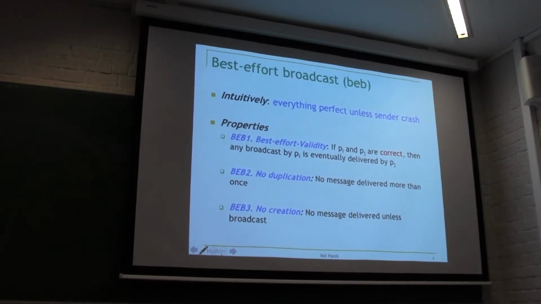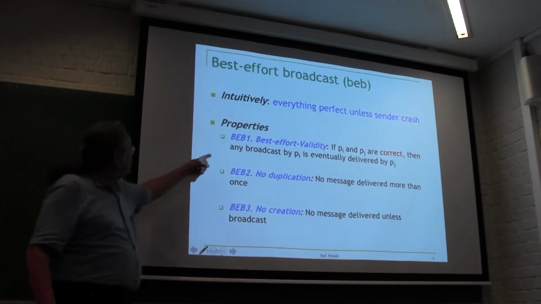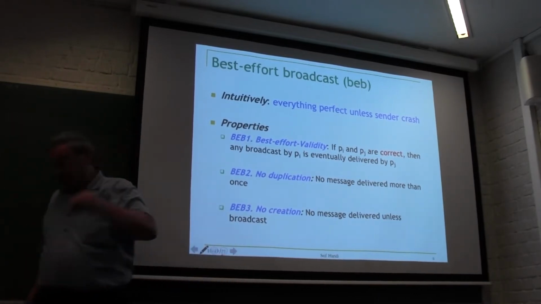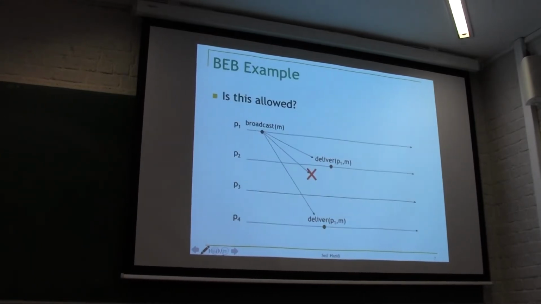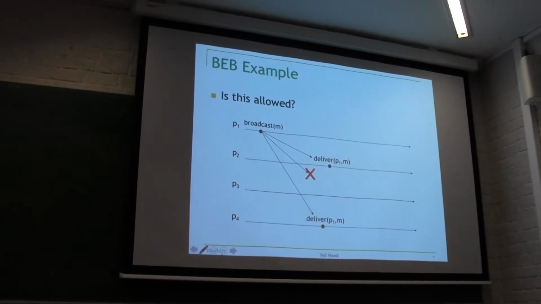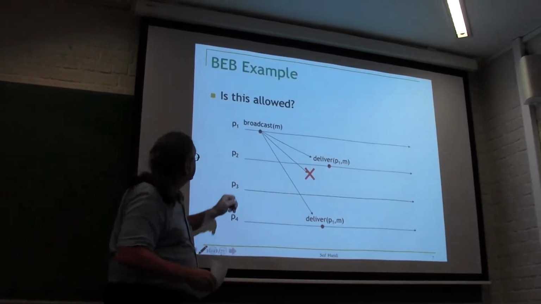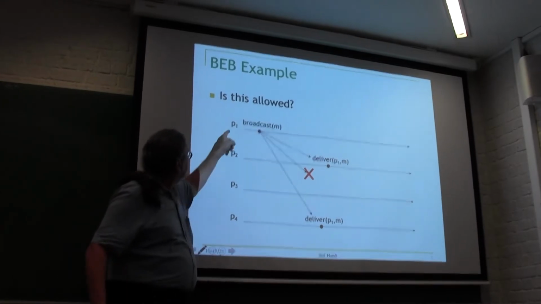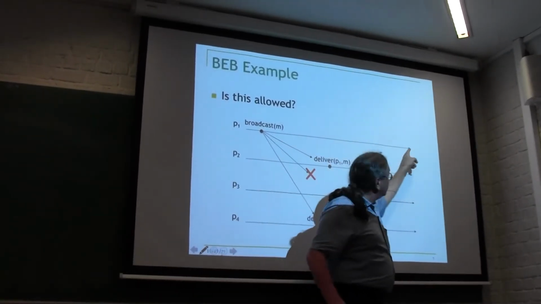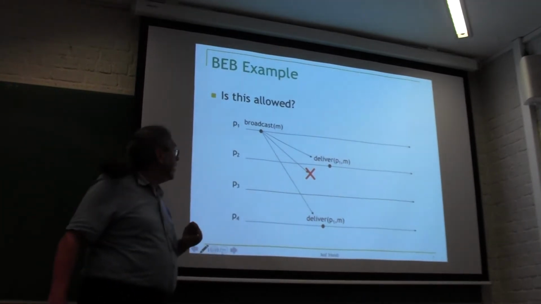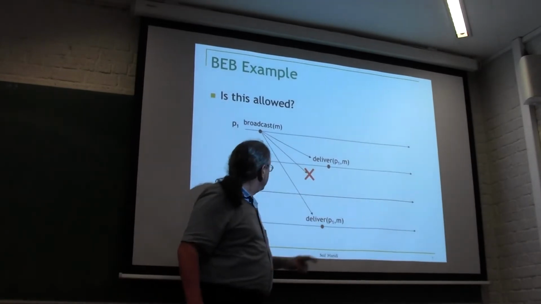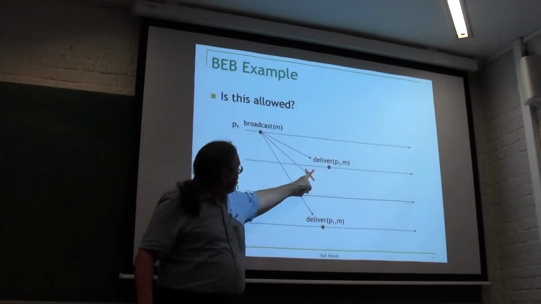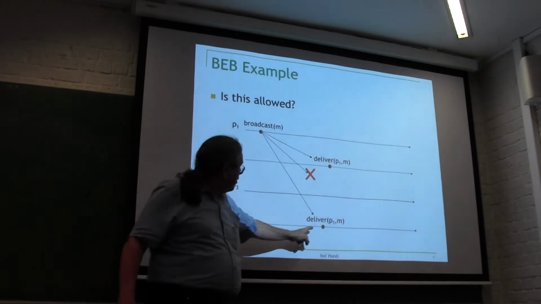You see that, right? And now the question is, which one of these are safety and liveness? That's an exercise for you. You can do that exercise. So here's an example. P1 is broadcasting, and when I make a line going all the way to the end, that means the node is correct. It doesn't crash. P2 delivers. P3 does not get it. Somehow it's not delivered. And P4 delivers.